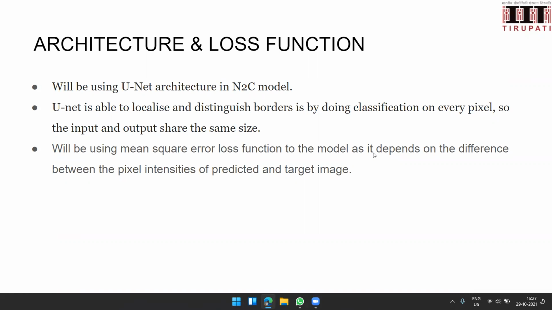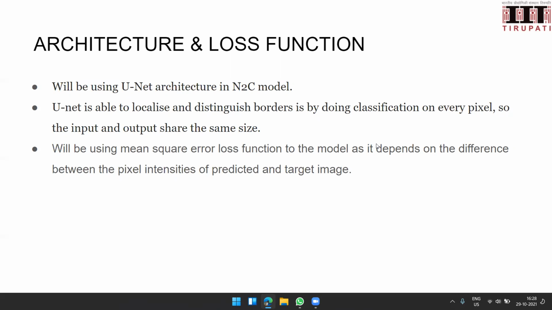For the denoising model, we'll be using the U-Net architecture. The U-Net architecture basically consists of two main parts, the encoding part and the decoding part. The encoding part is moreover a convolutional neural network, in which we'll be converting the image into a vector representation by convolving the same image with various kernels and a max pooling process. In the decoding process, we'll be doing the reverse pathway where we try to extract the image from the vector representation, in which the output we expect is the denoised image.